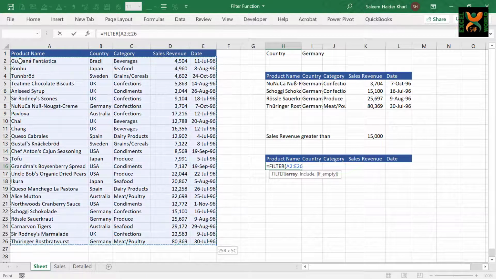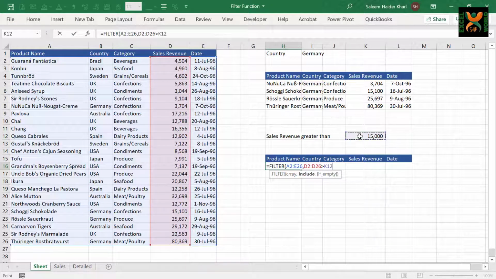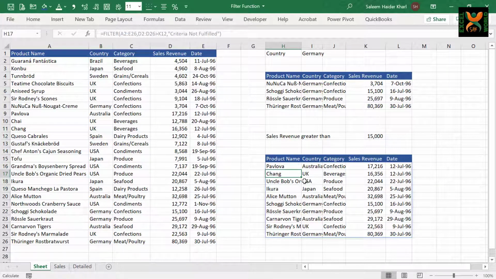select the complete array, and in include our criteria is based in the sales revenue column, which is the D column, and we'll say that it should be greater than, and just refer to the cell containing your criteria. And in case of empty, you can just again write criteria not found, or you may say criteria not fulfilled,